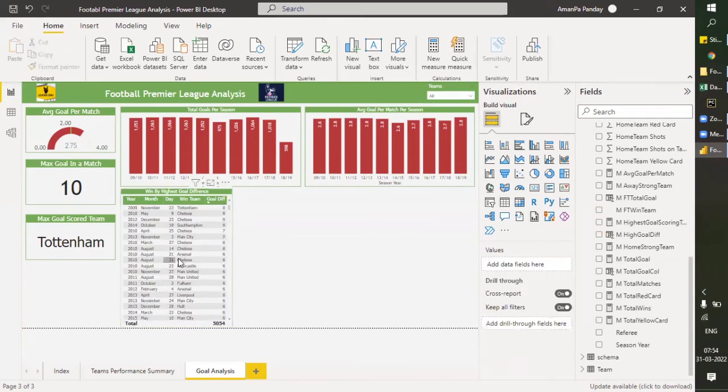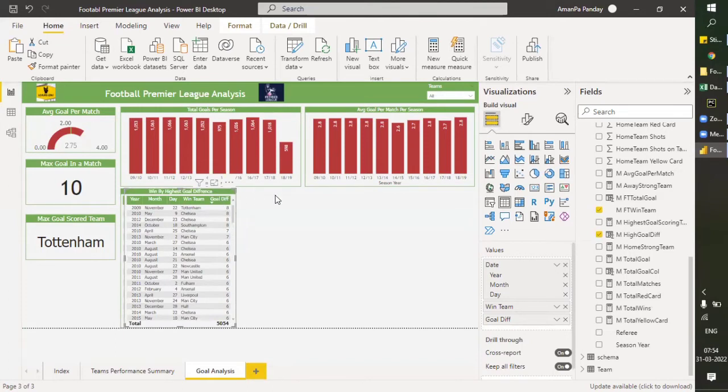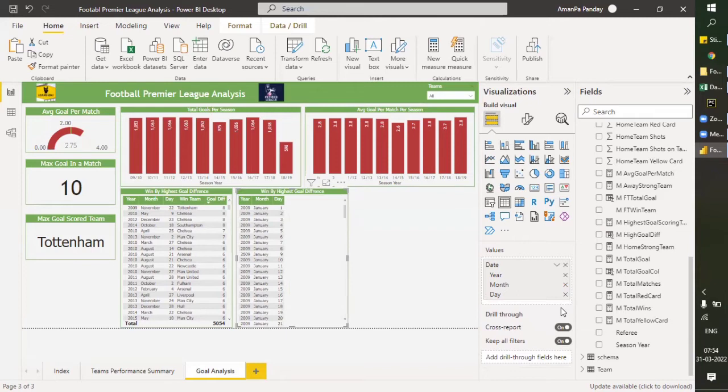It's looking fine. So the next table in this series will be a game changing comparison of full time to half time. So we'll have another table which will give us data showing which team was leading at half time but still lost the game. This will be an interesting stat. For example, if Arsenal at halftime had scored 2 goals, leading 2-0, but still lost the game. So to find that data, we have to create some DAX,